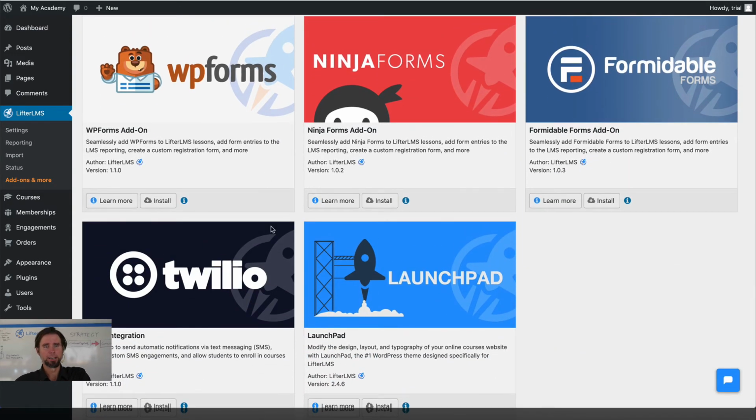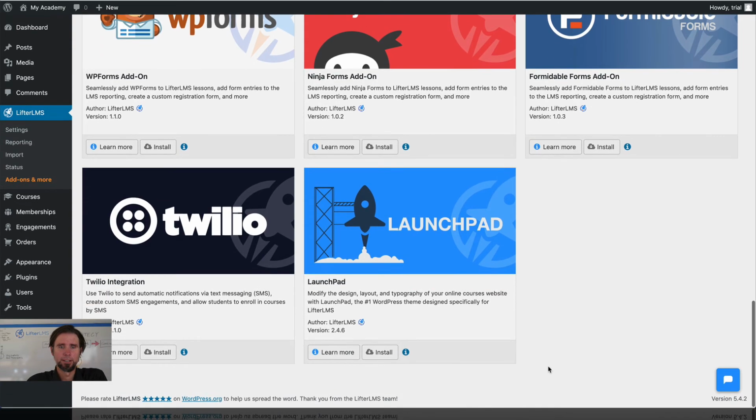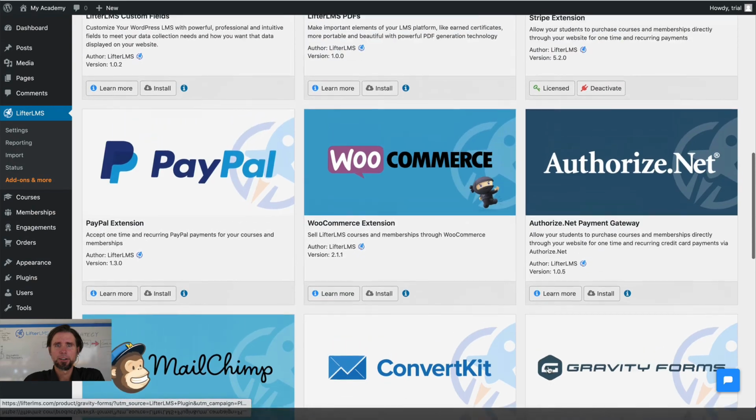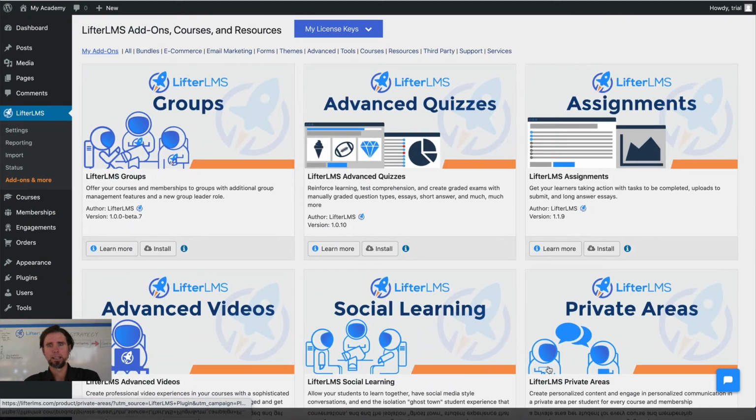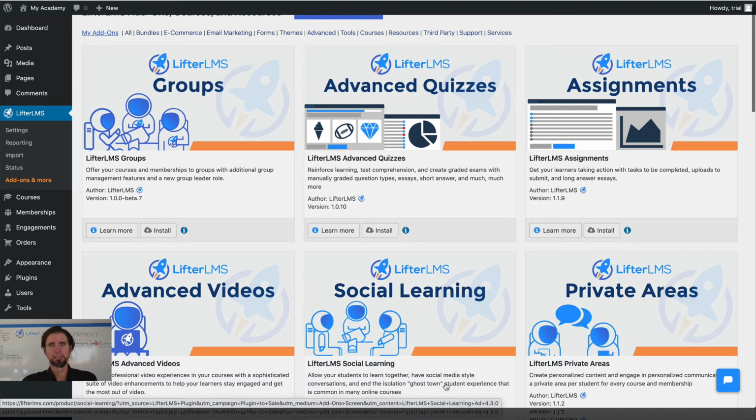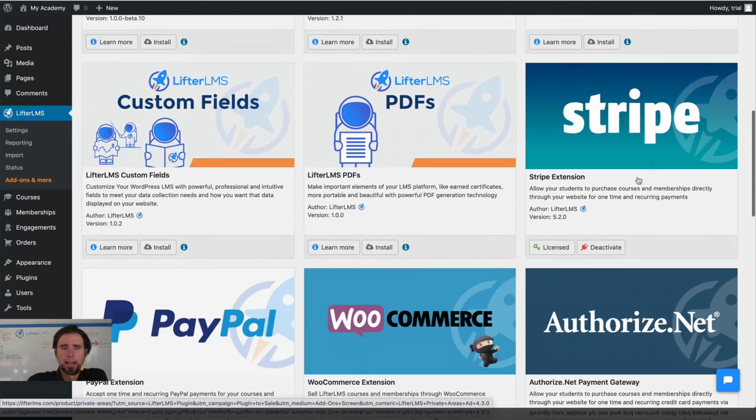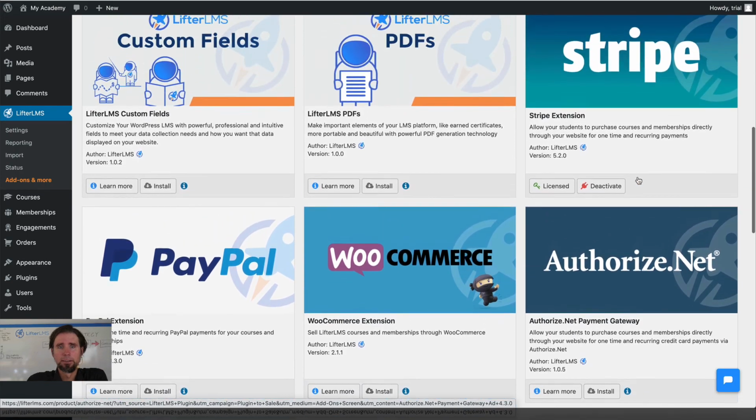We've got the text messaging integration with Twilio, with features like enroll by text or sending text messages based on behavior in the LMS to the student. And we have our theme called Launchpad. So these are the LifterLMS add-ons. So if you would like to upgrade your site to have more functionalities or integrations, these are the add-ons. You can get all of them in the Infinity bundle, and you can get many of them with the Universe